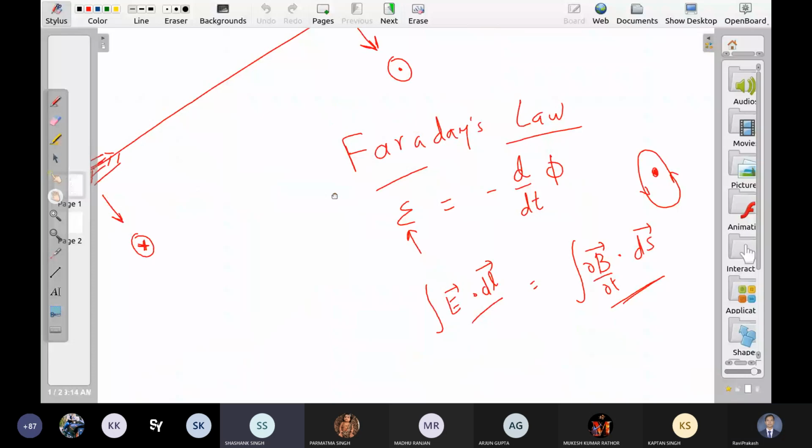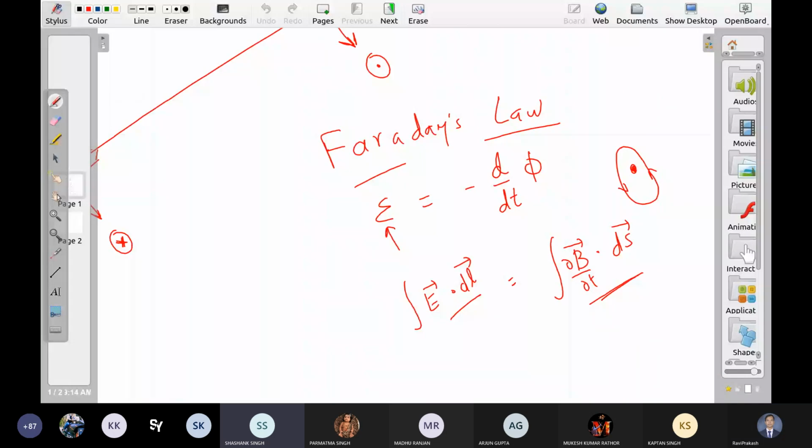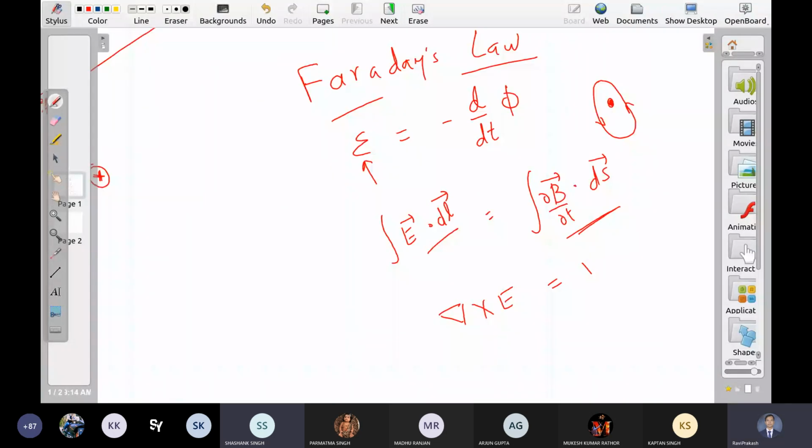Zero is close. This is true with some plus or minus sign. The curl of E is equal to this with some plus minus sign. I did not write it correctly. Minus is there. I think this is the answer. So Stokes theorem is also always valid. Whatever is here, curl of that has to be on the right hand side. So del cross E is equal to rate of change of magnetic field.